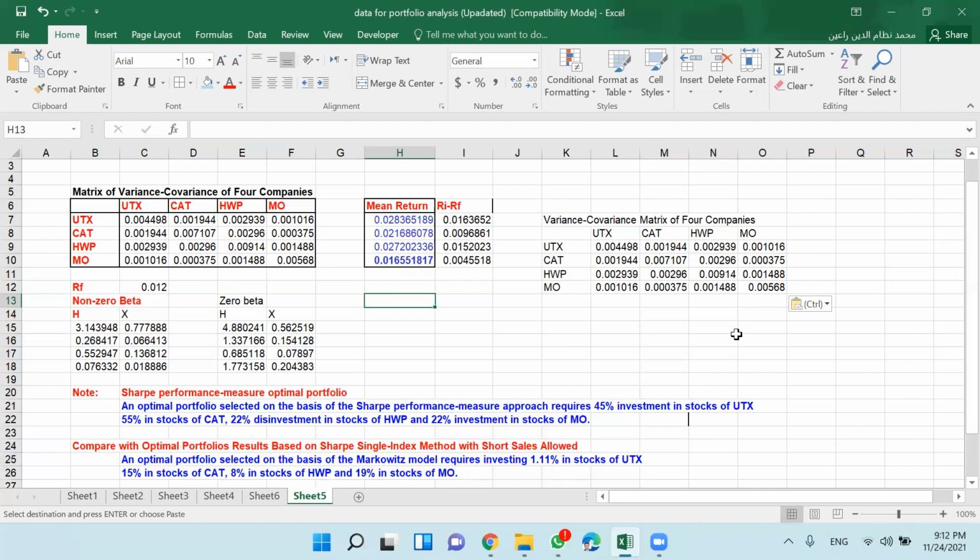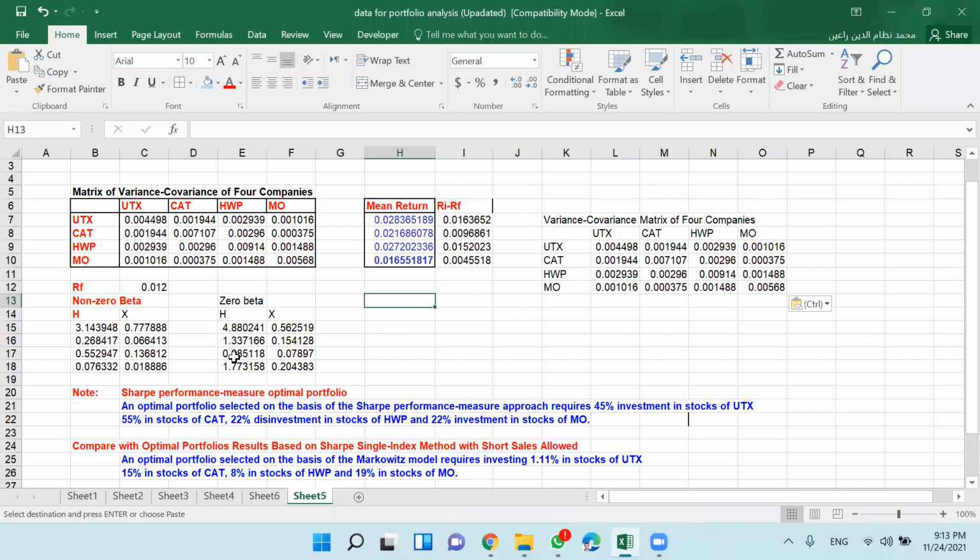And you need to remember the format of that unique solution. So this is the variance covariance matrix. This is variance of security 1, covariance between 1 and 2, covariance between 1 and 3, and covariance between 1 and 4. So basically, this is a 4 by 4 matrix of variance covariance.